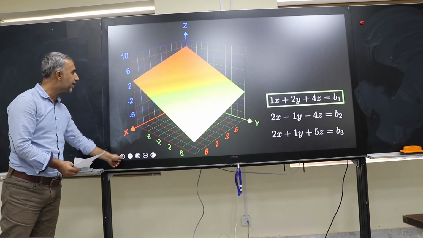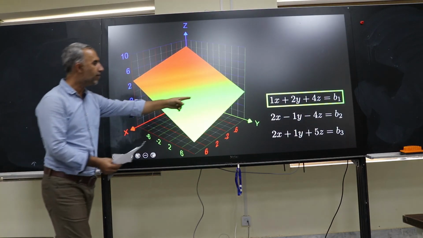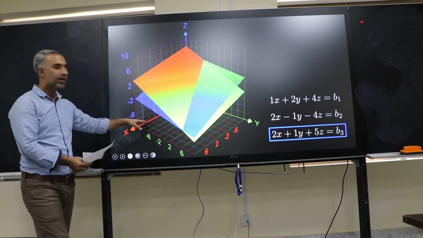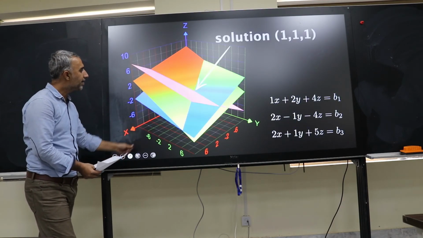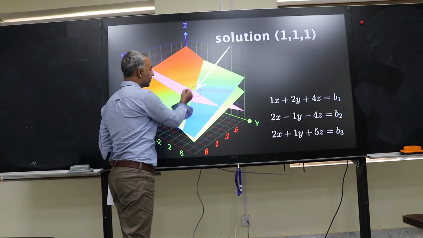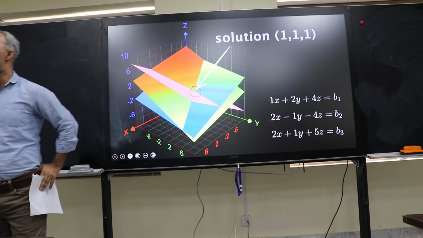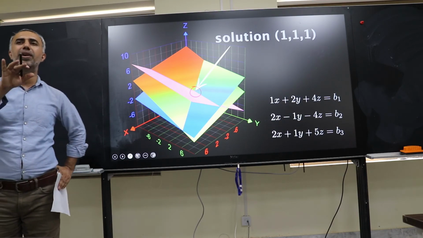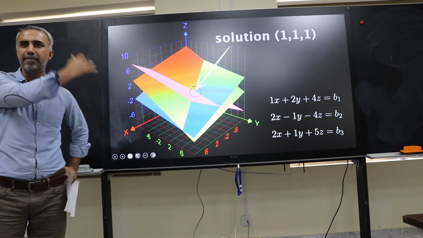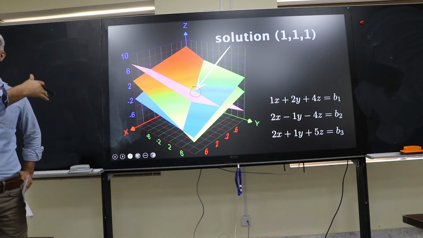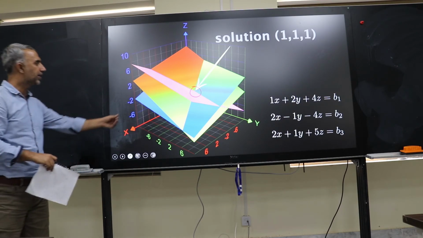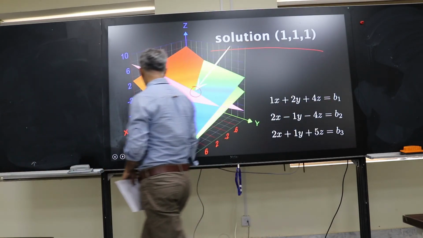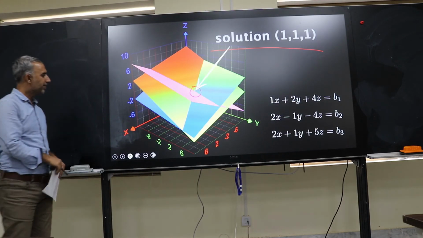So if we see this here, for the first plane, because it's 3-dimensional, at this point, this is the point of intersection. In 2-dimensional it was easy to portray on this whiteboard, but in 3-dimensional I'm using this graphical view. So the solution set is this one. Here you are getting it somewhere in the middle.